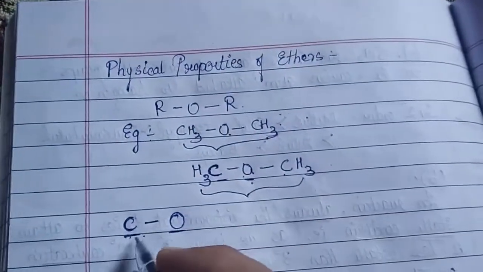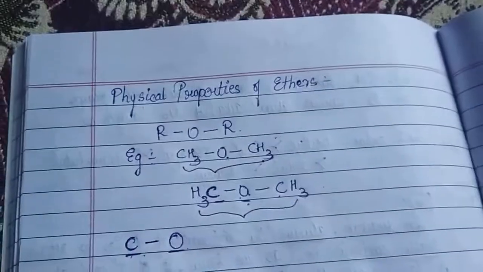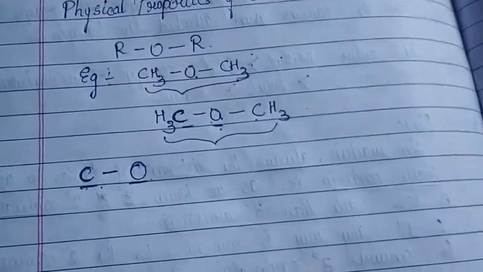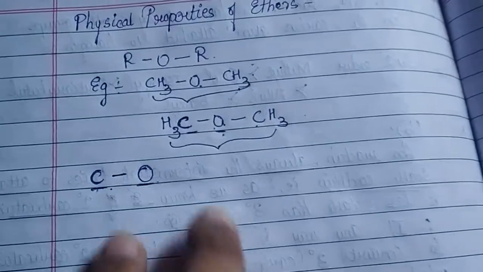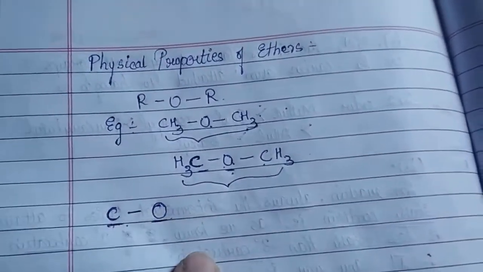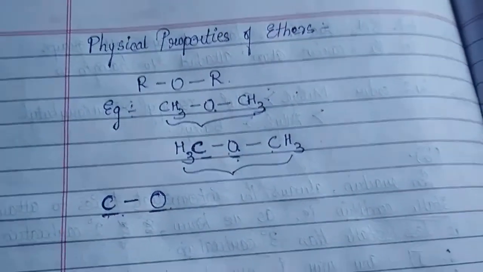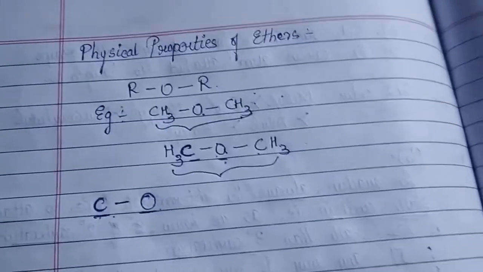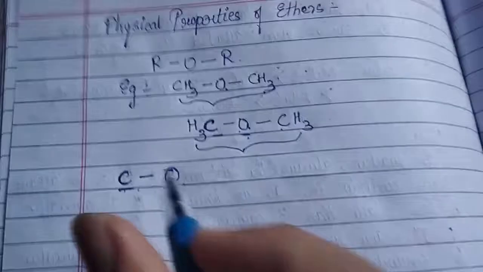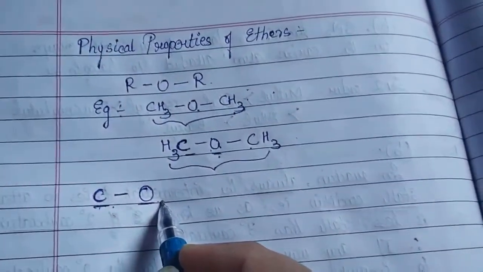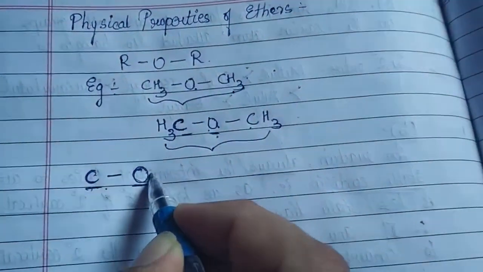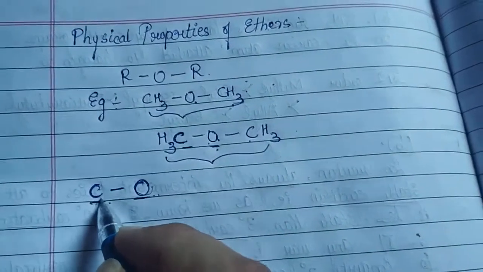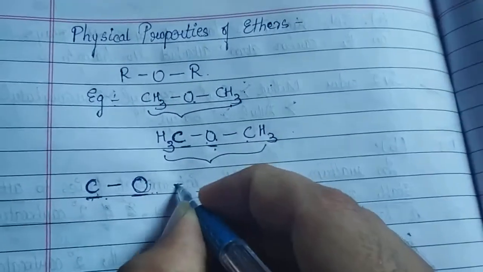And we know these two atoms have different electronegativity values. When we check the difference between the electronegativity values of these two atoms, of course we know that oxygen is highly electronegative compared to your carbon. So there exists a